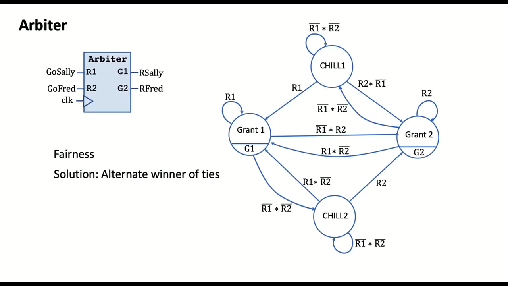But anyway, okay. There's still an issue with this type of arbiter, and that is that it allows starvation. Starvation is when somebody gets to hog the resource endlessly, while another client is starving, not getting any access to the resource at all. And for that, you need, of course, to limit access and use a timer or some other measure of how long the client can keep a resource. Any questions on this?